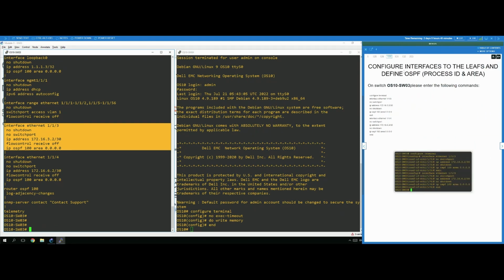So then it says configure interfaces to the leaves and define the OSPF process ID and area. So in this case, what we're doing here, we're going into the interfaces. In this case, we're doing the interface 113 and the IP address of 172.16.32.30, IP OSPF 100 area 0. Exit. It's recommended that once you finish a block of instruction, just exit and then go back in, in this case, into interface